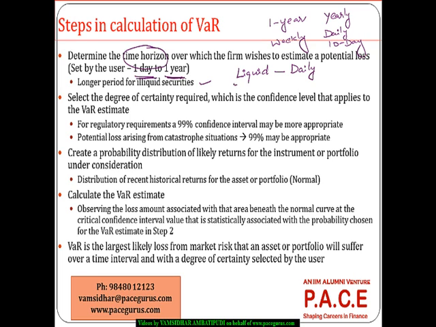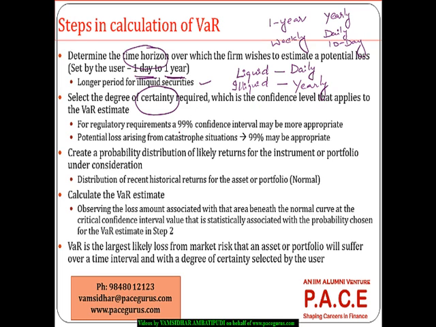Whereas when I am talking about illiquid securities like real estate or any other illiquid assets where the market is not that heavy, in that case we are looking at longer time periods, preferably yearly value at risk. Then we are talking about the degree of certainty, which is the probability or the confidence level for that VAR